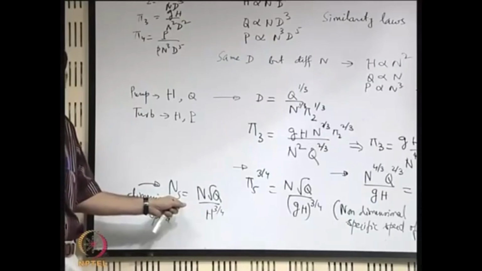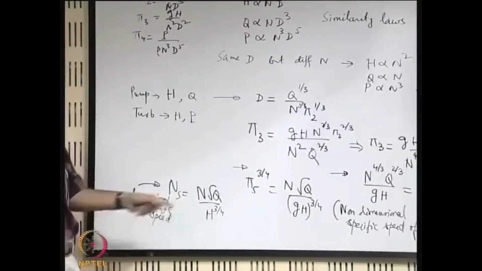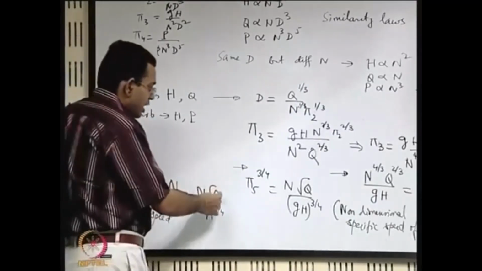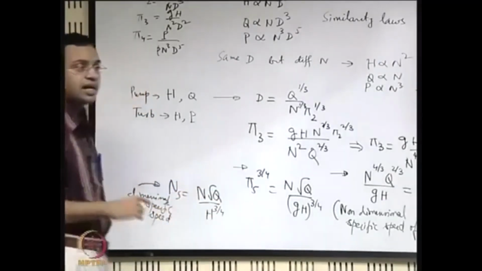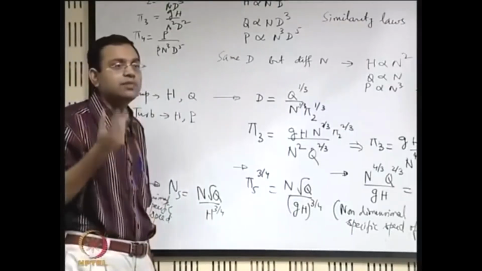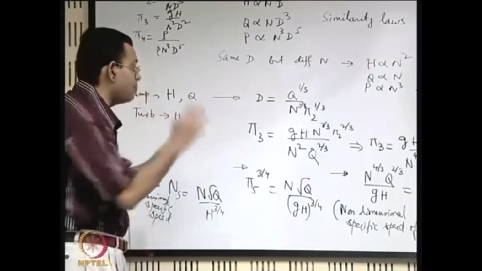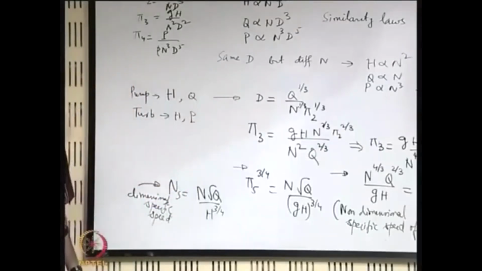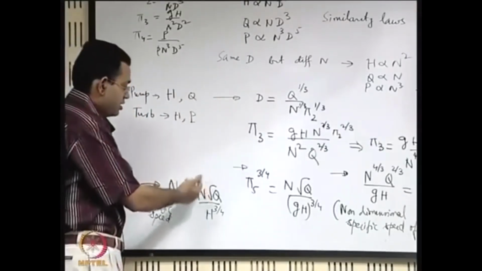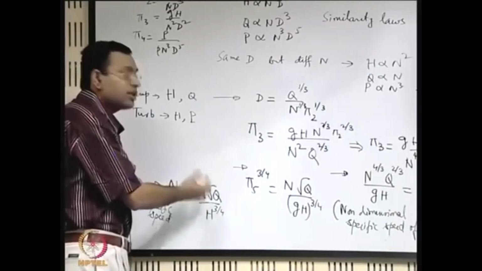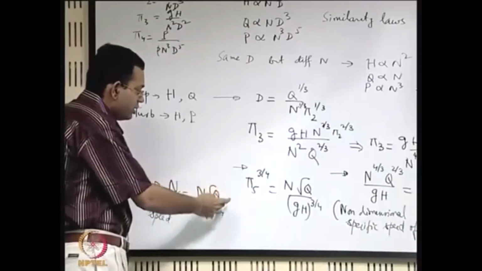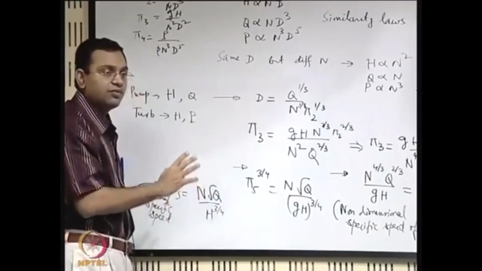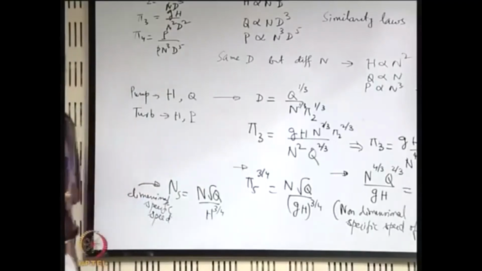So this is a misnomer, this is not a speed. But if you forget about the units and put q equal to 1 and h equal to 1, you get n equal to ns. That means specific speed is sort of an equivalent speed of a geometrically similar pump. The specific speed of a centrifugal pump is the rotational speed which is developed under unit head and unit discharge for a geometrically similar type of pump.